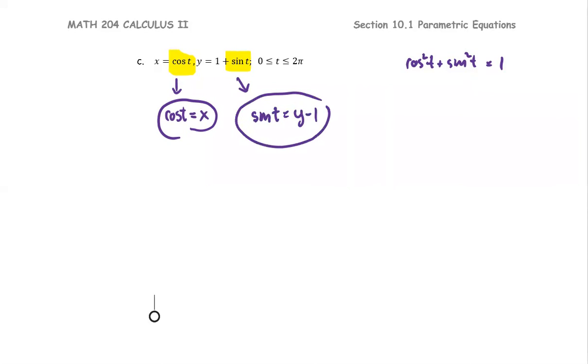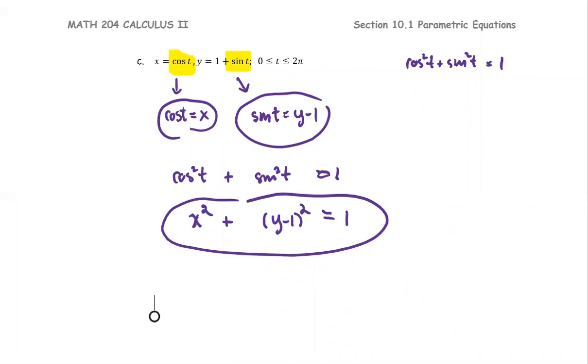Now, since cosine squared t plus sine squared t equals 1, we set it up as a trig identity and then replace the cosine with x. So we have x squared plus the quantity y minus 1 squared equals 1. Then we get the equation involving x and y. And this equation is a circle with the center at 0, positive 1,